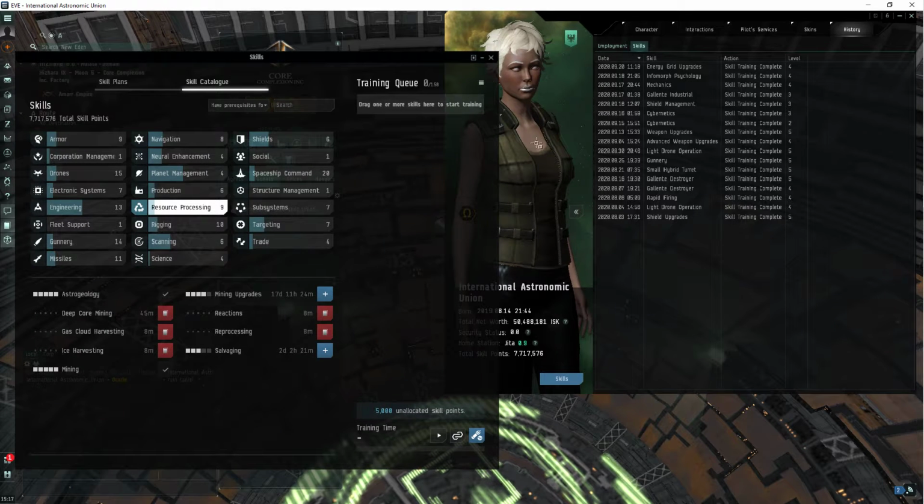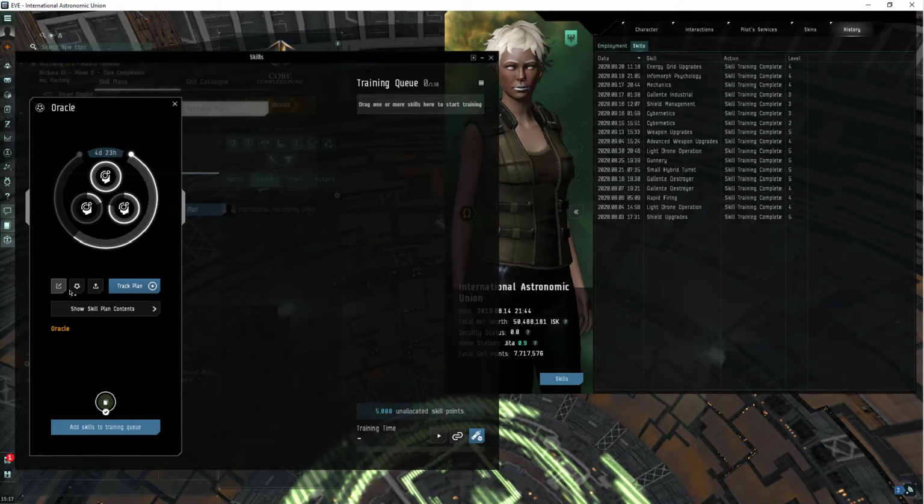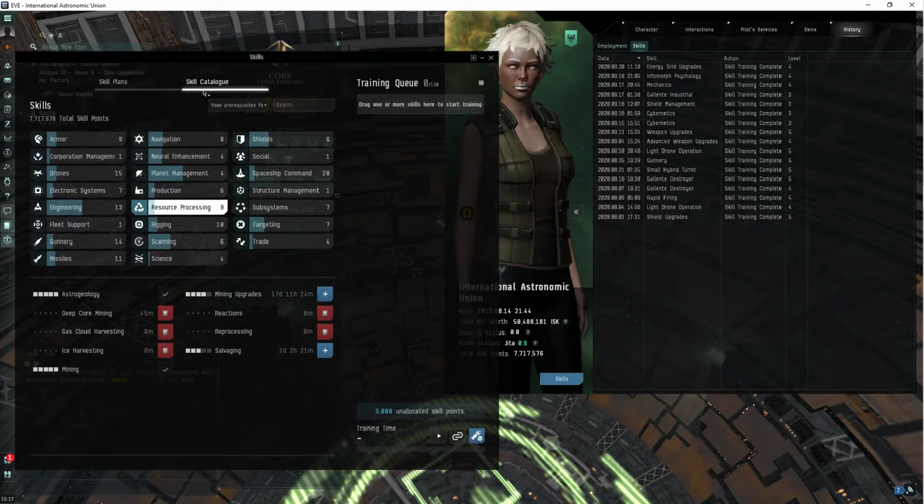Help us go, okay, I want to make a skill plan with my current queue. But if you go in the skill plans and you create a plan, you can't see your skill queue. So where does that even start to make sense, CCP? Like, seriously, you're just embarrassing yourselves. So yeah, that's pretty much in a nutshell